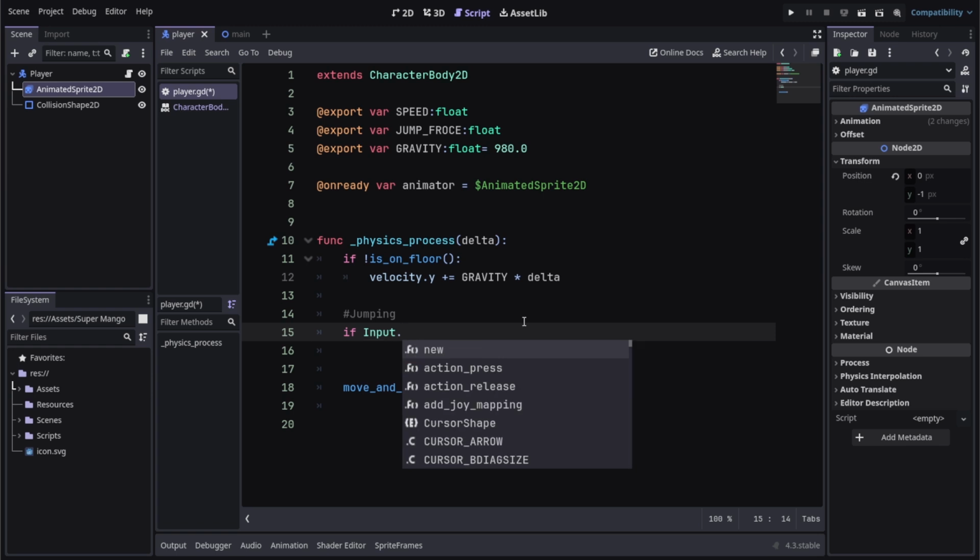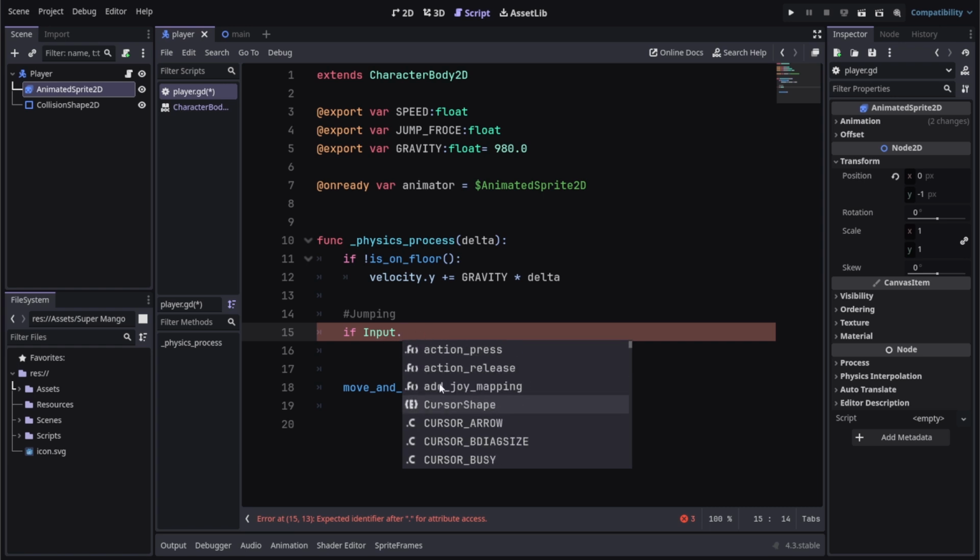dot is a way to access properties of classes. Input is another class. There are too many classes. I can't explain them all in one video. A good way to learn about a class is again holding Control and clicking on it. If it's underlined, that means there's an explanation there, and you can click on it and learn about it more. Now the Input class has some built-in methods and properties as well. One is